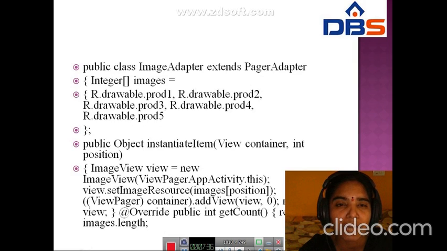Next, public class ImageAdapter extends PagerAdapter. In that we have the images drawable product1, product2, product3, product4, product5. In instantiateItem, we have ViewGroup container, int position, ImageView imageView, new ImageView. We set the image resource by position.